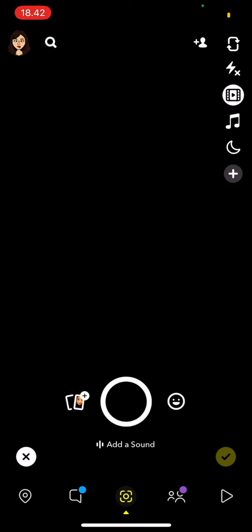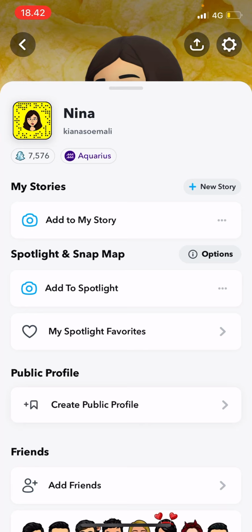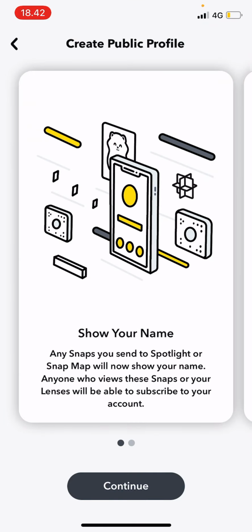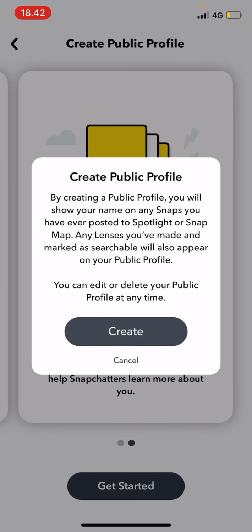In this video, I'm going to be showing you guys how you can create a public profile on Snapchat. So I'm just going to select my profile, so hit that emoji of yourself on the top left corner. And then you are going to go down and press create public profile. Then you are just going to press continue and press get started. Then you're just going to press create,